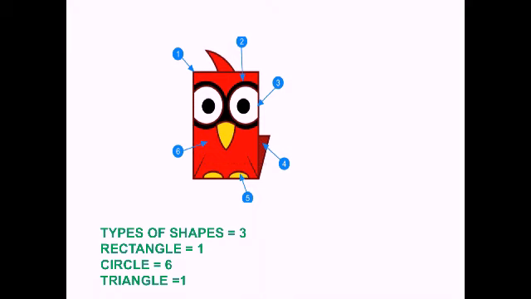Clear? Now the face of the owl, it has been bordered, it has been drawn. The face of the owl is drawn inside a rectangle. So that is only one rectangle. And look at the back, there is a small triangle that is being formed where it is marked number 4. So that is a triangle. So how many types of shapes are there? 3 shapes: a triangle, a rectangle and 6 circles.